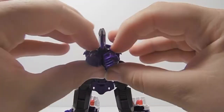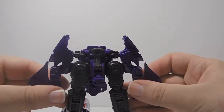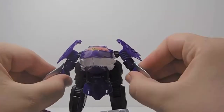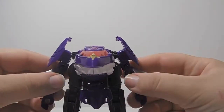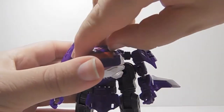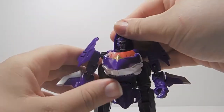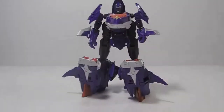Come up here to the tail fin at the back, split it all the way around, down, straighten out his arms, fold these fins. You can leave them like that, or you can fold them forward and then twist them around so they're on the sides of his arms. And finally, where the Autobot symbol is, just lift it up. Oh, get this piece out of the way as well first. And there you have his head. And there he is in his